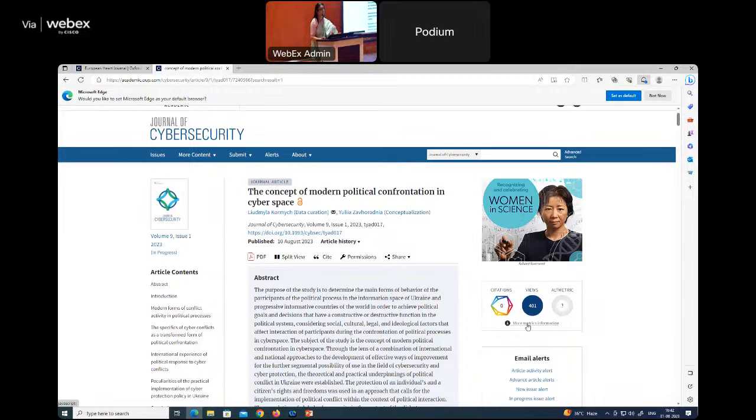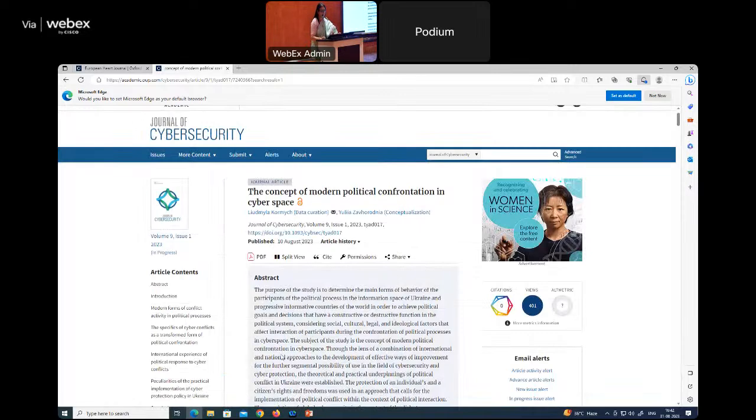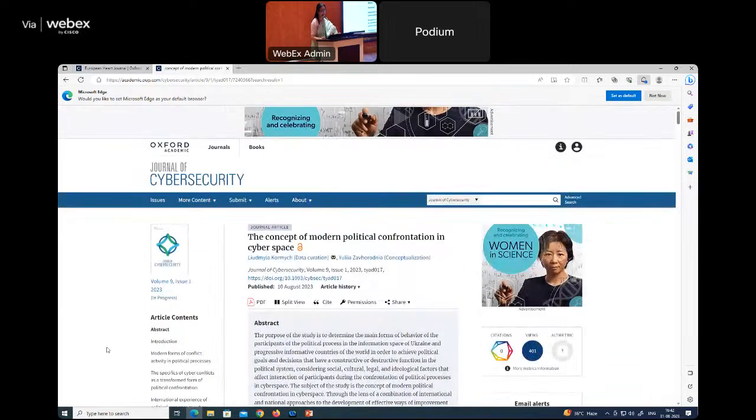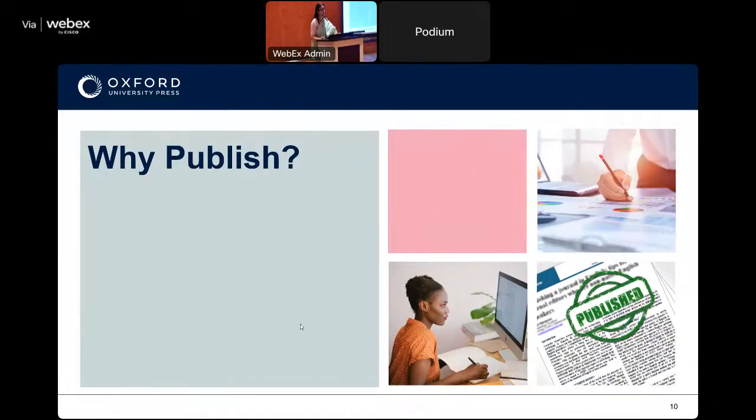It gives you the readership analysis. It tells you how many people have viewed this article. Now, there's no altmetric score here, so I can't pull up anything. But anyway, we will go into that when we come to that part of the presentation. So these are a few things, the impact factor, the DOI, and the altmetrics that I wanted to highlight.